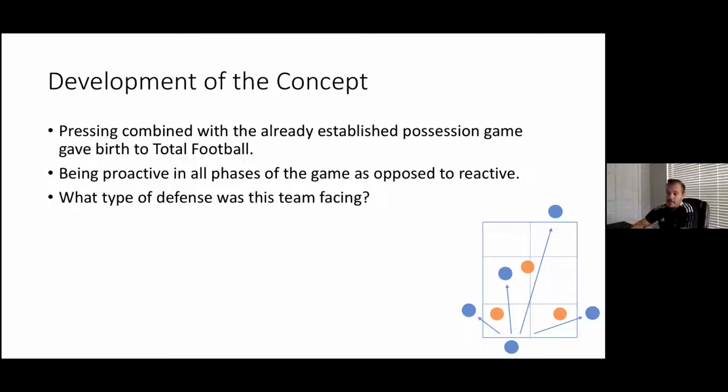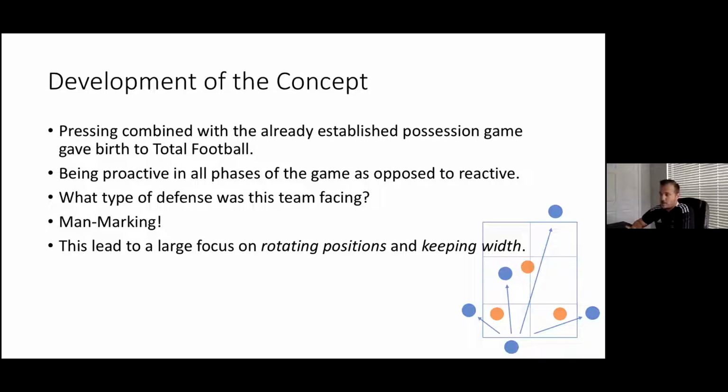So the type of defense that this team was facing at this time, the very popular defense that was throughout football all the way through this period of time of the 70s, from when it started to the 70s, is man marking, right? So because man marking was the predominant way of defending, the possession game had to adjust to that. So what you saw a lot of was rotating positions. So sometimes you're 9, like if you see some video you can find online of the 70s Netherlands or the 70s Ajax, you'll sometimes see Cruyff, for example, as the 9, end up like where the right fullback is, right?